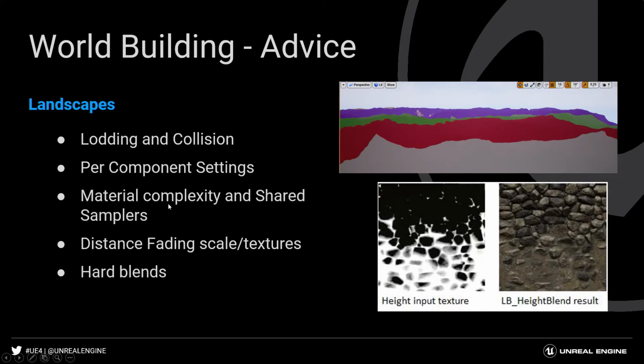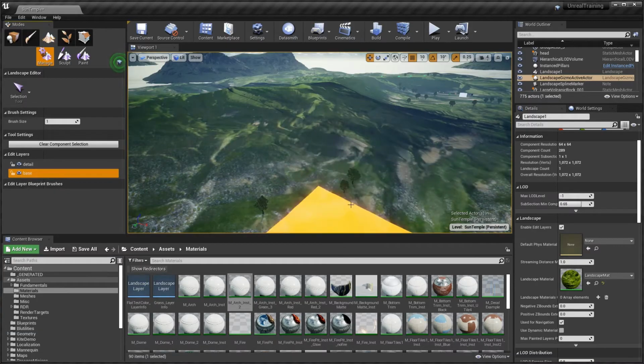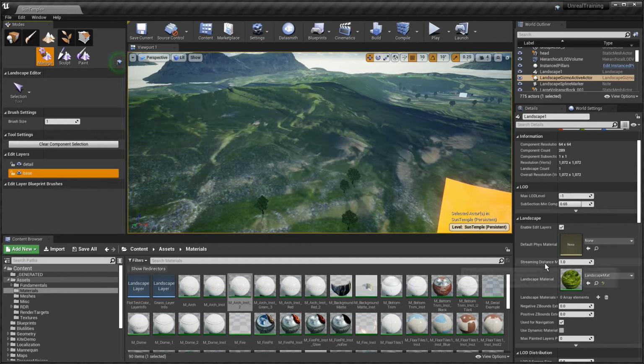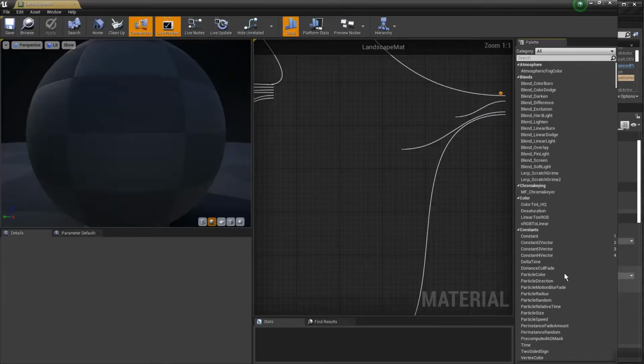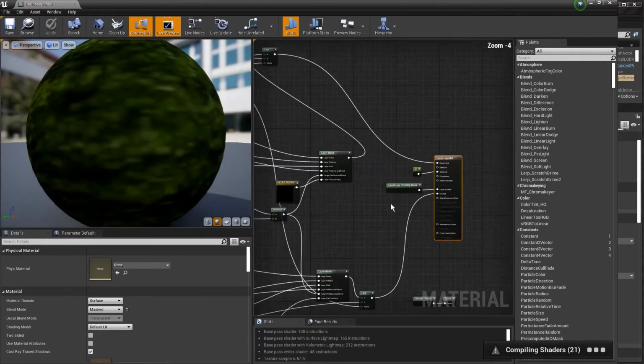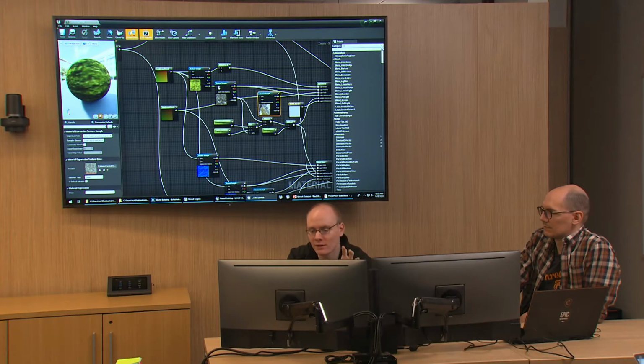Think in general about the material complexity of a landscape material, because it is going to be rendered across the whole landscape. Unreal tries to do it fairly intelligently, but nonetheless it's a challenge to render. For each of these sections of landscape, Unreal generates a material instance that only has those textures enabled that it needs. If you start painting grass on one square, it's going to create a material instance that